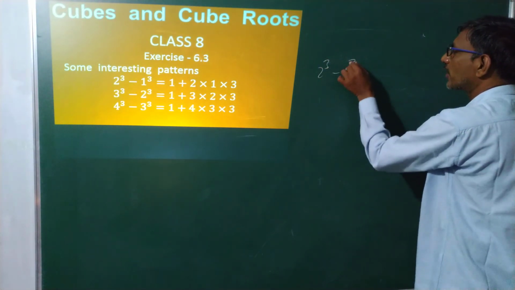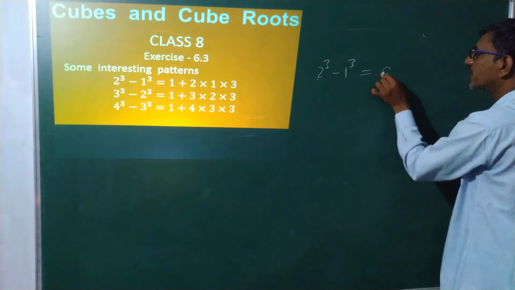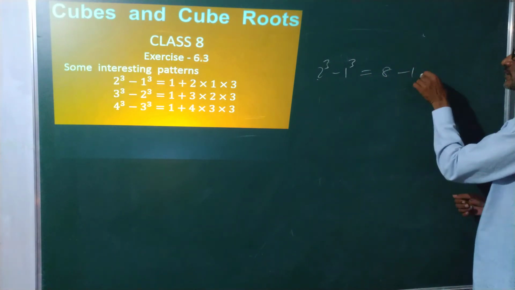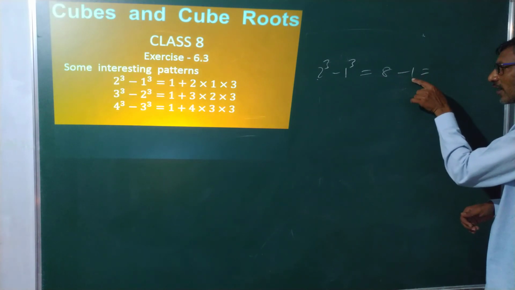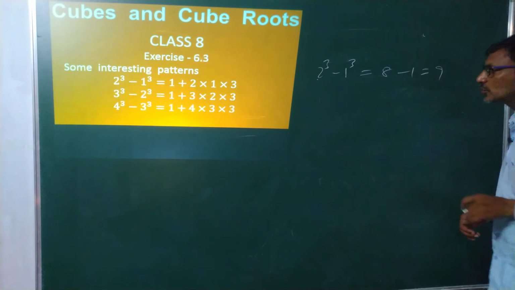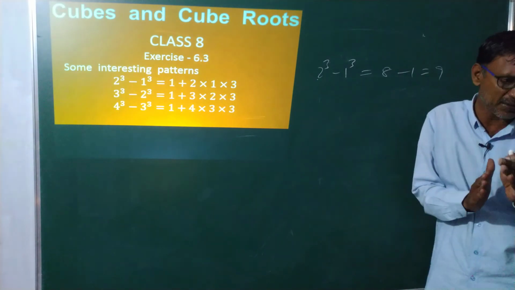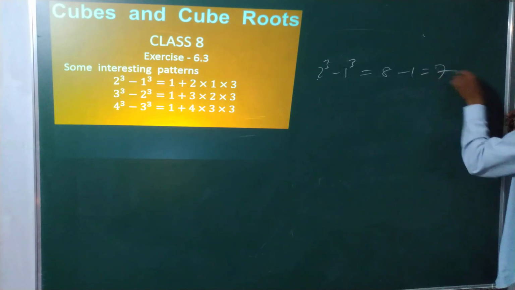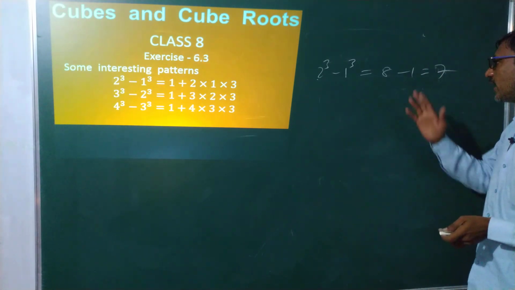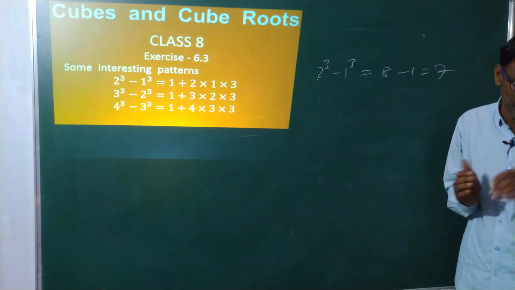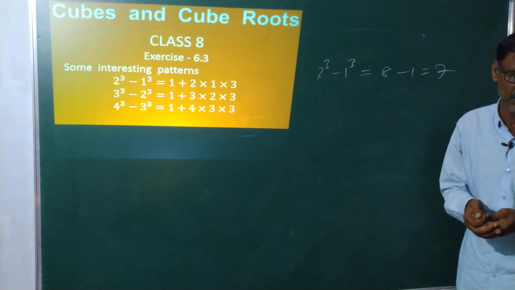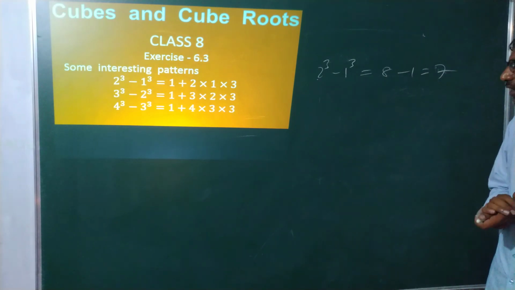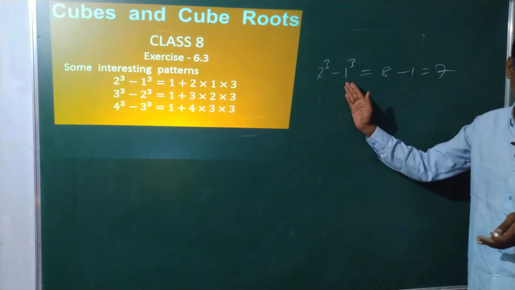Okay, we'll see 2 cube minus 1 cube. 2 cube is nothing but 8. 1 cube is nothing but 1. That is 8 minus 1, how much? 8 minus 1 is equal to 7. Clear. Leave it. 8 minus 1 is equal to 7. This can be expressed